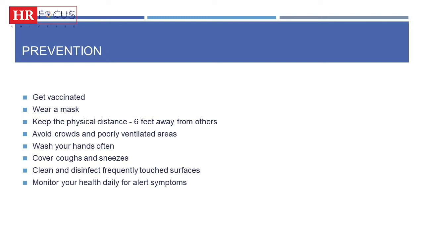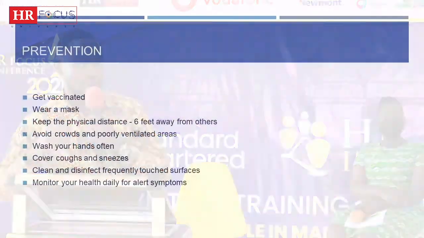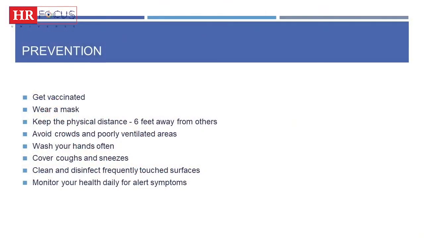And then wearing a face mask, wearing it properly. I'm sure there are many jingles, many visuals on the airwaves and in social media that teach you how to wear the face mask correctly. And then social distancing, 6 feet apart. So at arm's length, you shouldn't be too close to individuals in your environment. And then you have to avoid crowds and poorly ventilated areas.